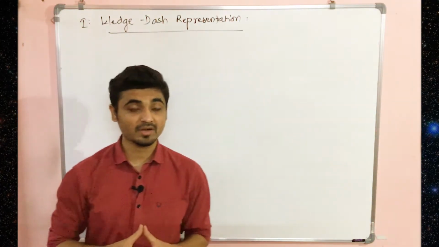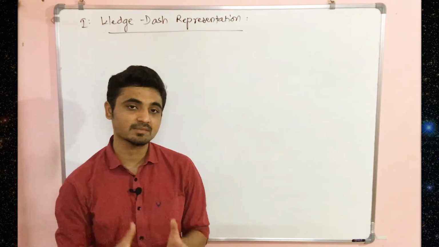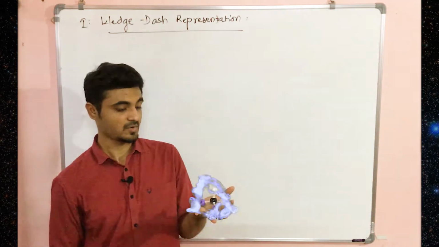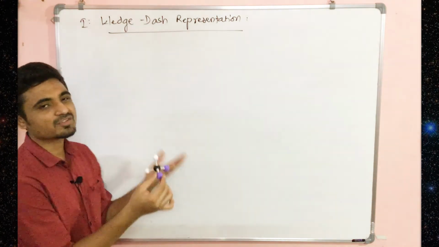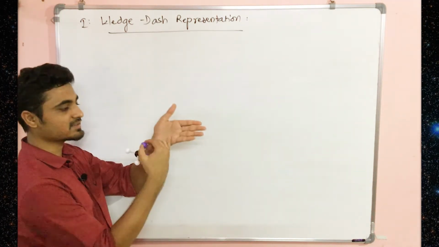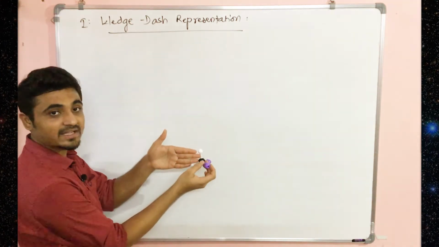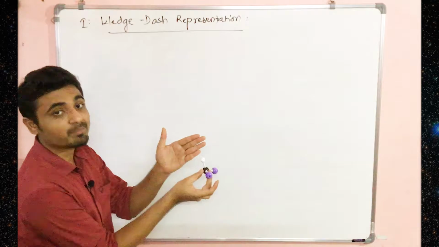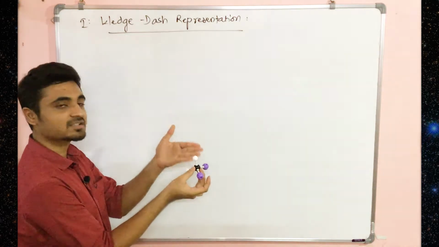Alright, so the first one in our list is wedge dash representation. Now let me directly demonstrate how wedge dash representation comes into the picture. Let us take one three-dimensional carbon, or tetrahedral carbon. Now I can see these two whites and these two purples, right? What you have to simply do is consider these two in one plane. If I take this as my plane, putting this plane across these two whites, I can see that one of the purple will be coming towards you, that is, above the plane, and the other purple will be behind this plane. So that's what is simply wedge and dash.